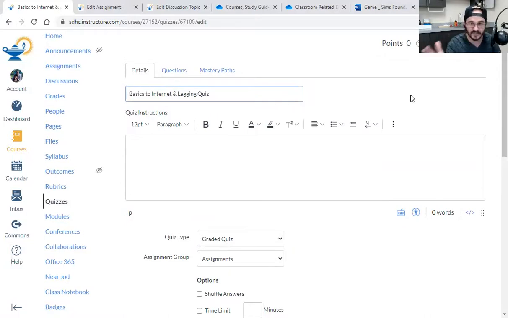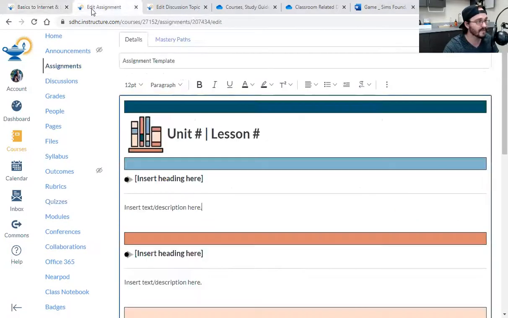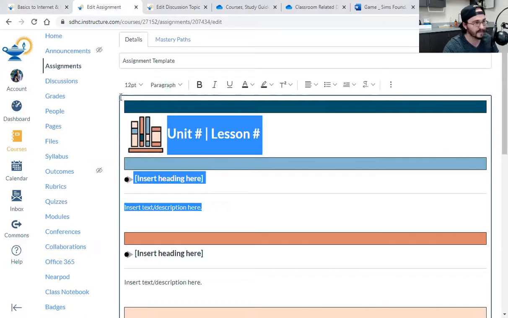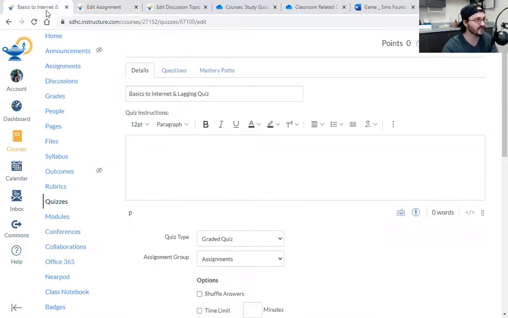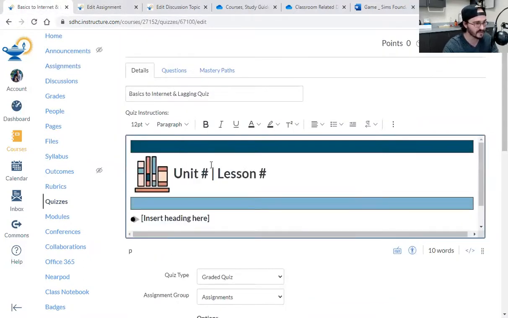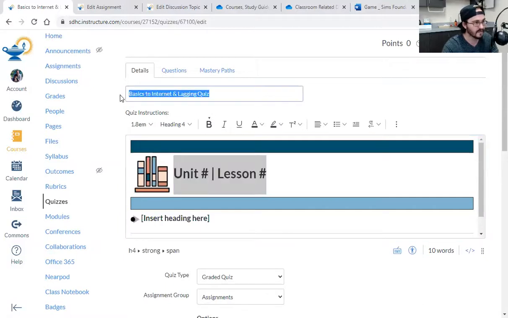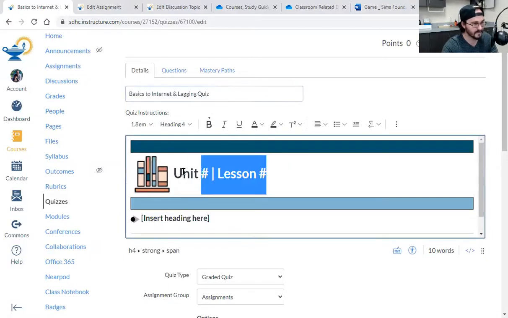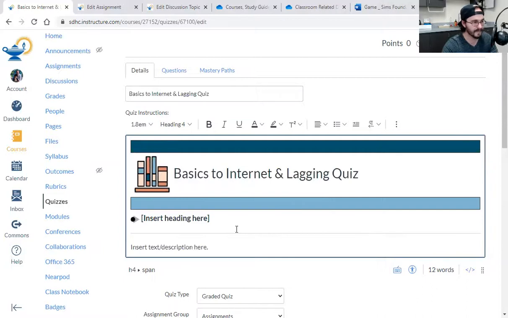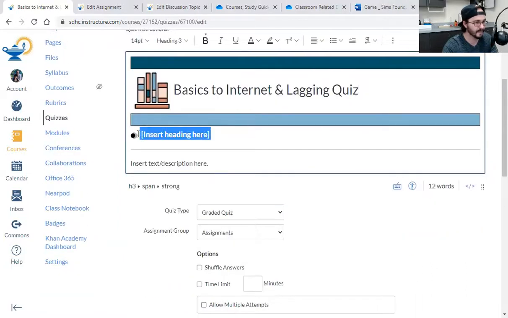You can create instructions for it if you want. You can copy and paste. I don't care what you do for instructions. You don't even need instructions. Answer all the questions. I don't know. I'm just experimenting. I want to see what it looks like. Do your best. That's all you can do.